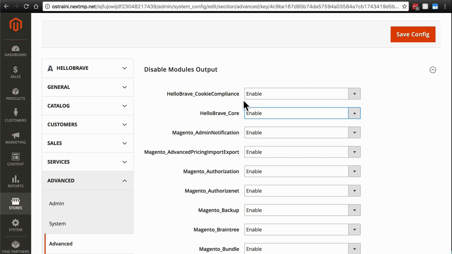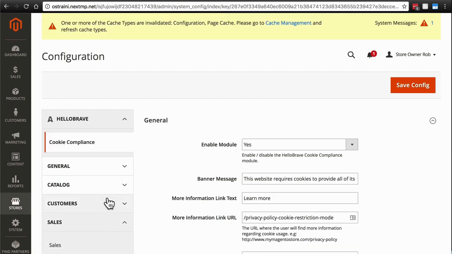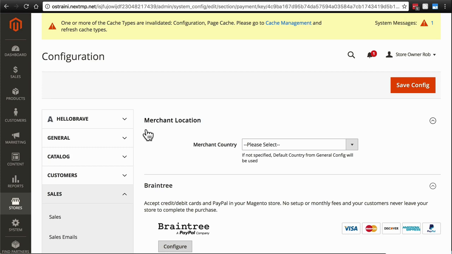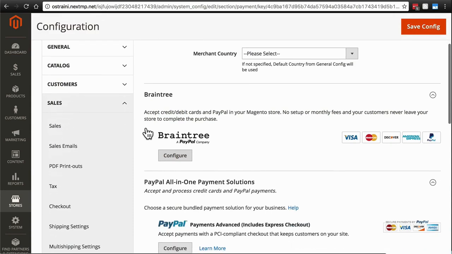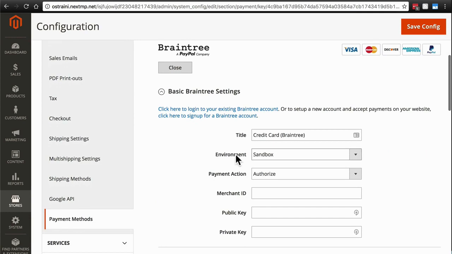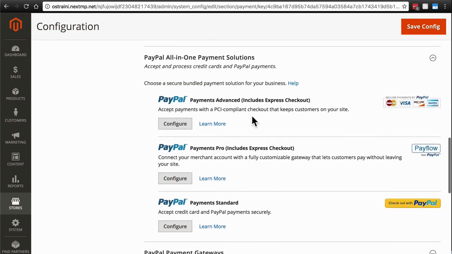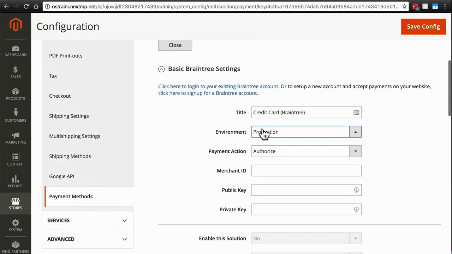And then there are a couple final steps to take just to sort of undo some of the things that you've had in place thus far. Make sure that under Stores, Configuration, Sales, Payment Methods, you switch your payment methods here from Sandbox to Production for whichever payment methods you are using on your site. So if we're using Braintree, we'll need to click Configure. Make sure our environment is not Sandbox anymore, but is Production. Otherwise, it's not going to work for a production website. And that's just true for whichever one of these methods you're using. If it's one of these PayPal or whatever, just make sure you go into Configure and change environment to Production